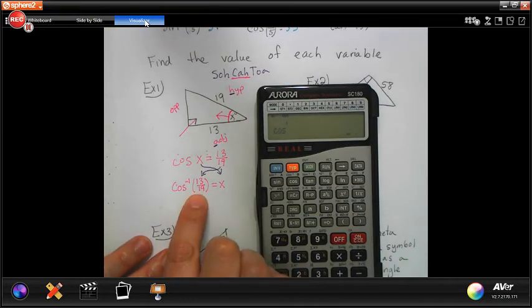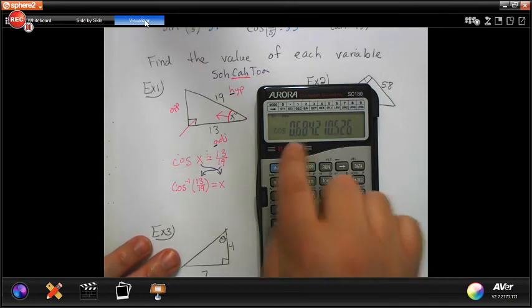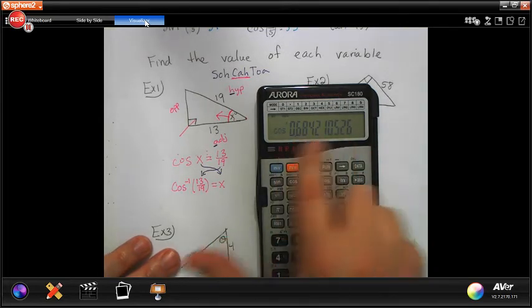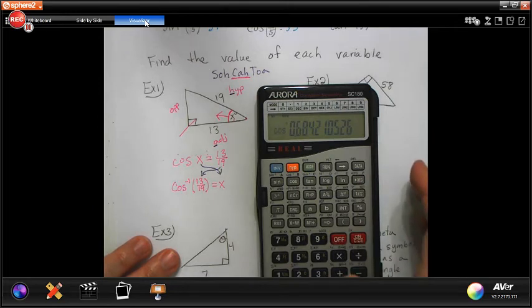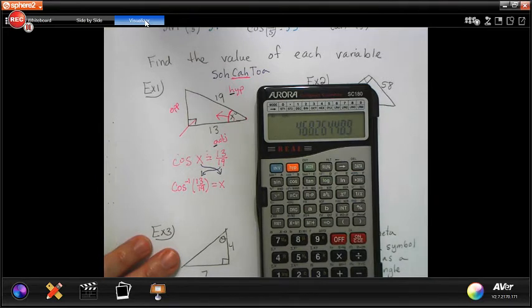I have 13 divided by 19. So in parentheses, I want to put 13 divided by 19. I could close my parentheses. And that's the decimal you get for 13 divided by 19. It's probably a never-ending decimal. Don't clear your calculator and just put in part of it. Keep it like this. And if you have an iPhone type calculator, do 13 divided by 19, get that decimal, then press your shift cosine. Or some calculators call it arc cosine or a cosine. Okay, so now I press equals and I get